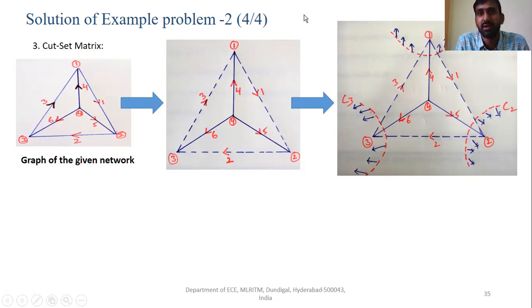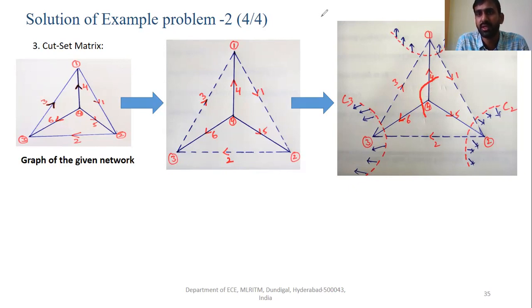You might have a doubt: why do we have the cut sets only in this way? As we already discussed in the previous problem, we should check the possibilities of having the cut sets. There are no other possibilities, because with respect to each twig we should have one cut set. We could draw a cut set in another way, but we would get 2 twigs, and 2 twigs should not be there.